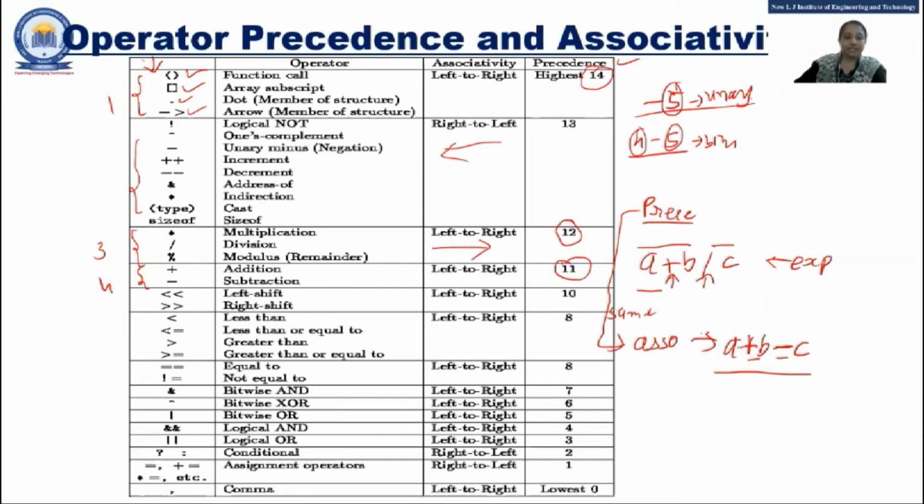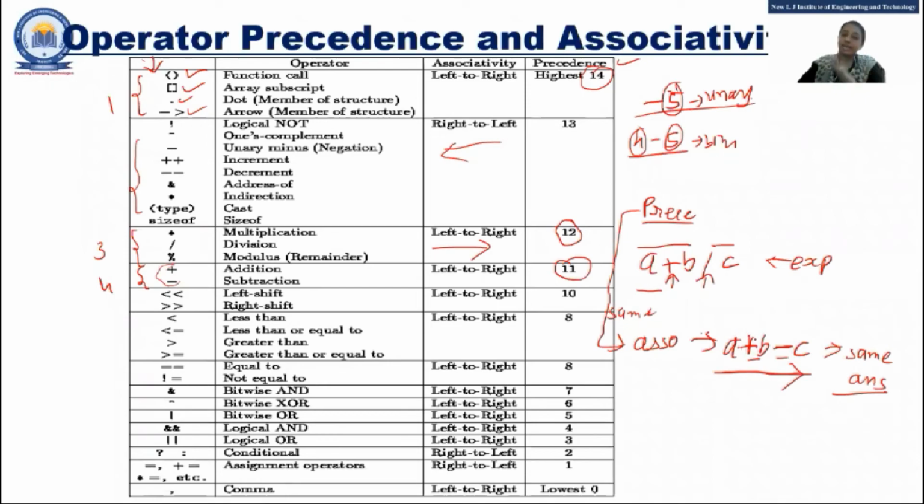You can see that mostly all execute left to right. Plus and minus have the same category, so they will execute left to right in C. If you do it manually, in any way you execute, it will give the same answer. If you do B minus C first and then A plus that, the answer is the same.